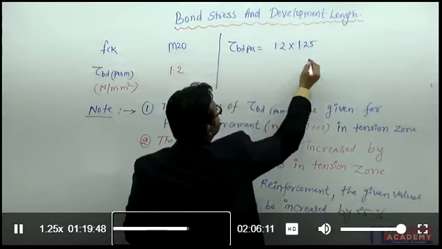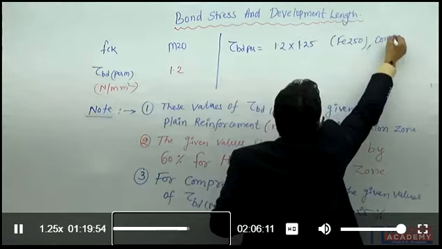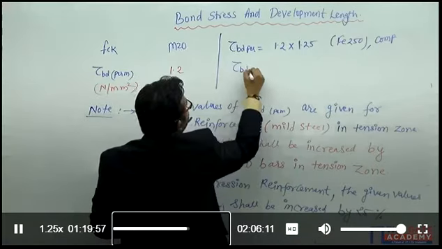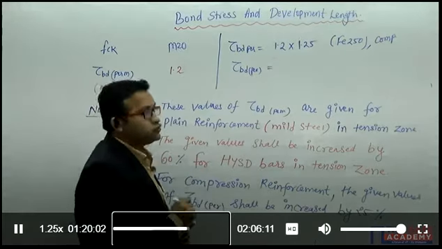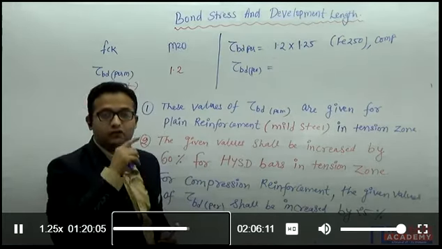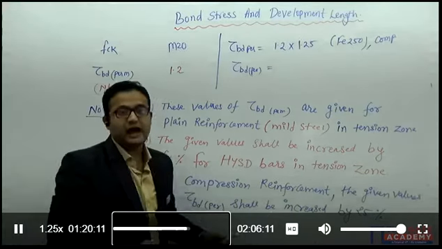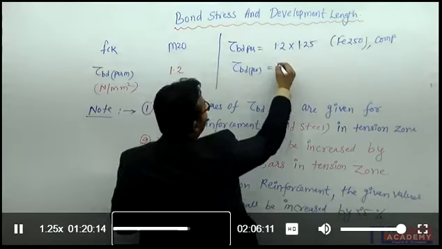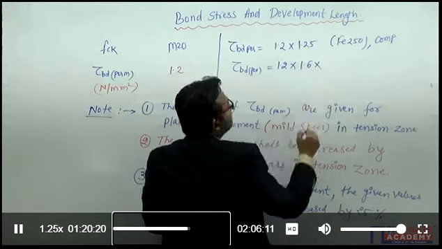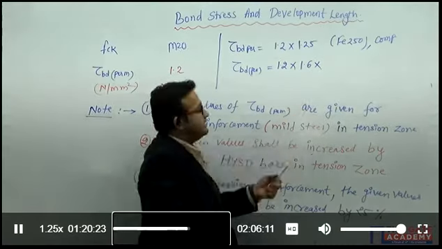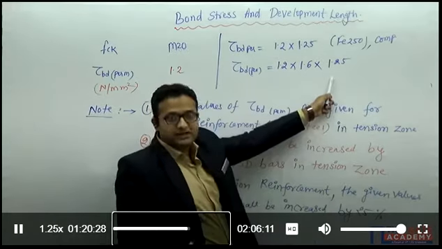In this situation, I have used Fe 250 in compression. If I am going to provide HYSD bars in the compression zone, I need to increase the value 2 times. For the HYSD bars, I will be increasing 60%, and for the compression reinforcement, I will be increasing 25%. So here I can write 1.2 into 1.6, and let me increase one more time 25%, and this 25% is for compression reinforcement,